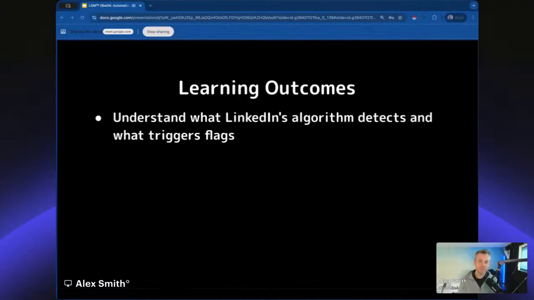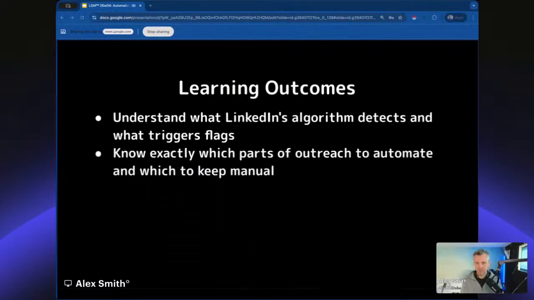By the end of this session, you're going to understand how to use automation intelligently to really scale your LinkedIn outreach effort while maintaining authenticity, bringing a genuine relationship and staying compliant with LinkedIn's terms. Some of the key outcomes: we're going to look at understanding what LinkedIn's algorithm detects, what triggers these flags, and know exactly which parts of outreach to automate and which to keep manual.